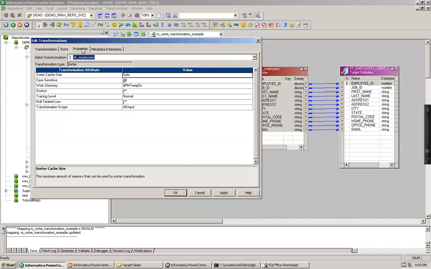In the properties tab, if you go, there are properties like sorter cache size. Caching has to happen in the cache, so that size needs to be dynamically allocated based on whatever input data is coming, and that's the reason I have made it auto. You can also select some predefined size. Case sensitivity is turned on. That means all the case sensitive data needs to be treated differently than its other cases with the same letter. So again, it will be based on the binary value for that particular port,